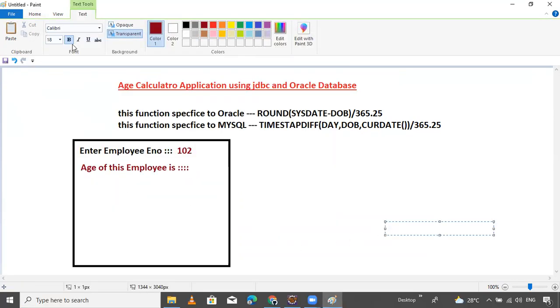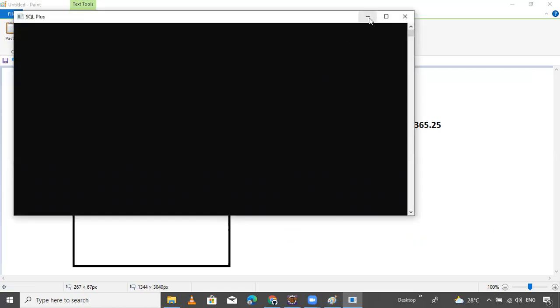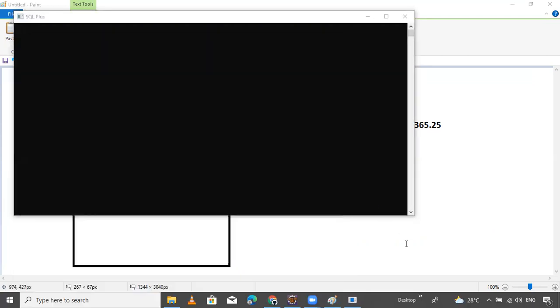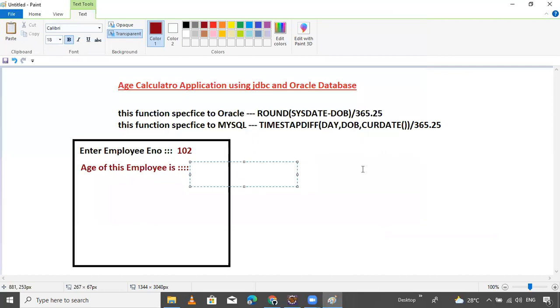Okay, so here our output is coming. First, suppose we enter some employee, and it gives a message with some points like 23.26 is old.